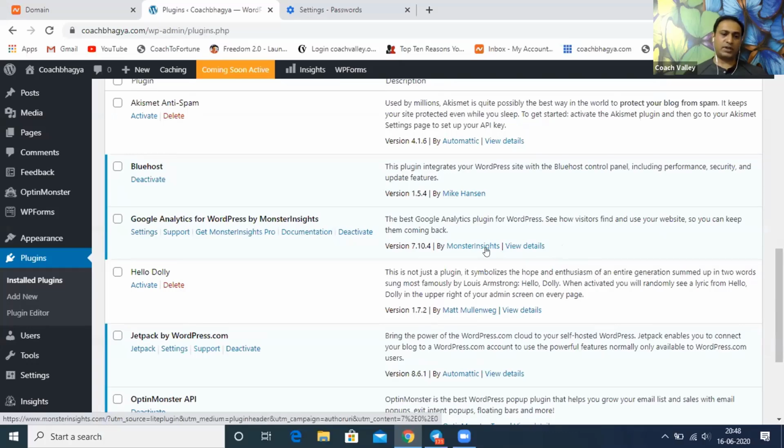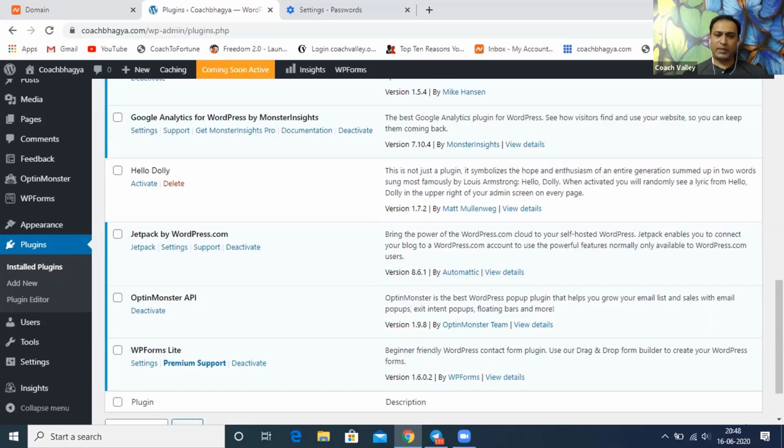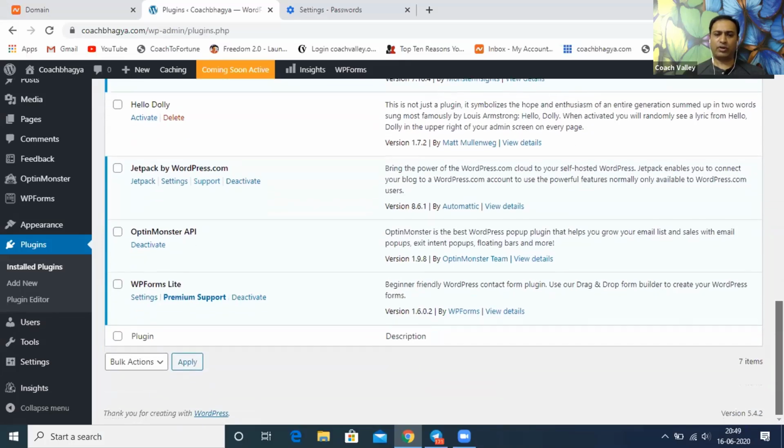Don't click on anything. Just scroll down. So Jetpack, I think I spoke about this. Jetpack has got a combination of many things, starting from security to page maintenance. Many things are there. Okay, come down. WPForms Lite is more for creating forms, like when you want to create a contact form, or probably an inquiry form, or maybe a newsletter form. There are many forms which you create, and then you submit it somewhere. So these things are good for now, and if there are more plugins to be included, I'll be talking about that later on.